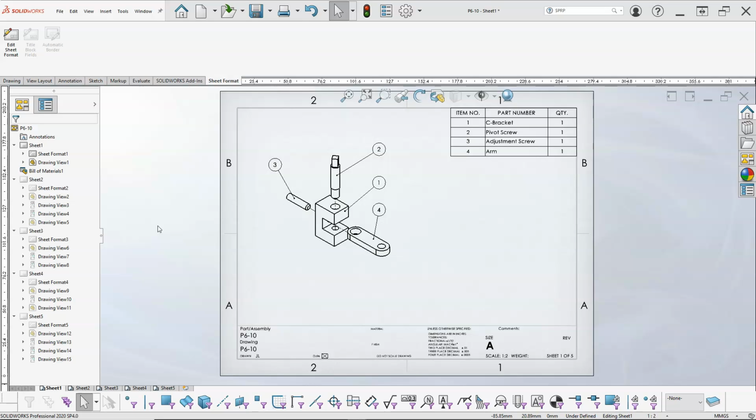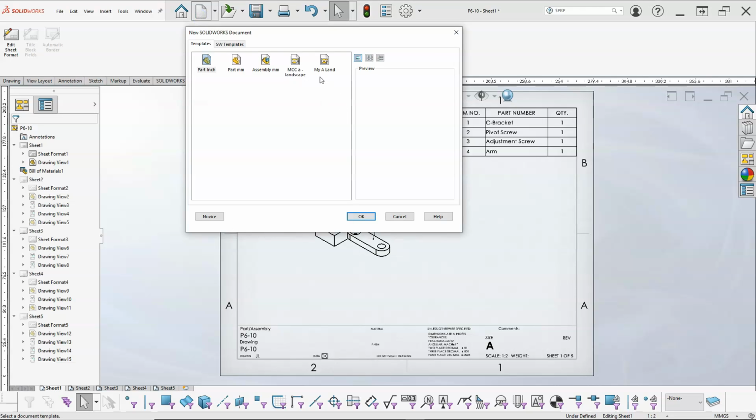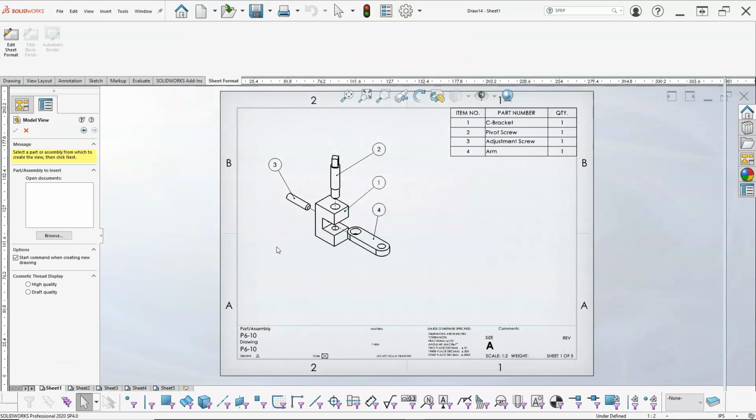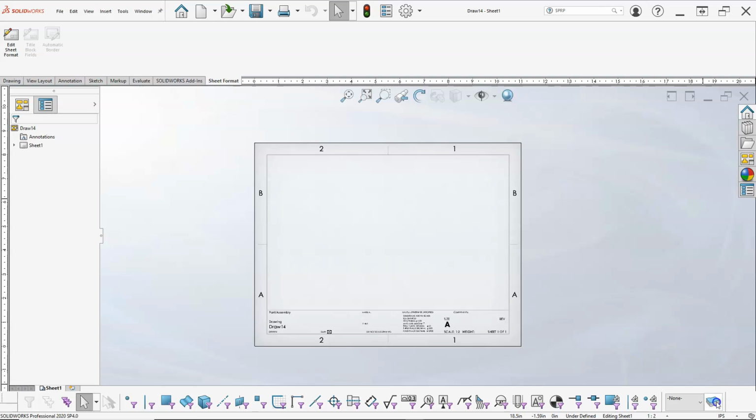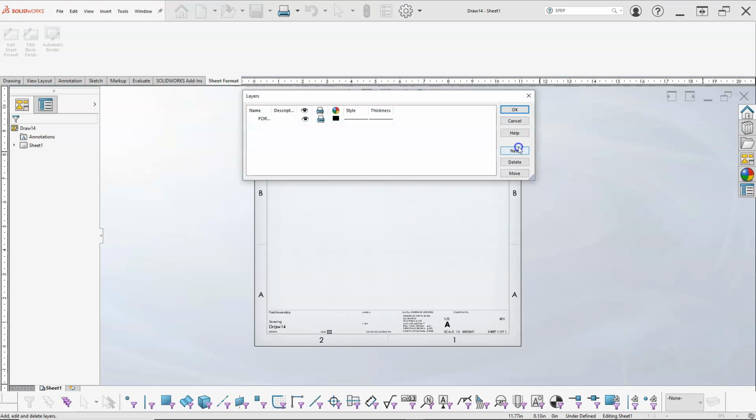Okay, before I move away from the document template, I do want to take a quick look at the layers. So let's start with a fresh template. And I don't know that there's a comprehensive list of what gets saved with the sheet format and what gets saved with the document template. But I'm pretty sure if I come over here to the layers, I would like to have a